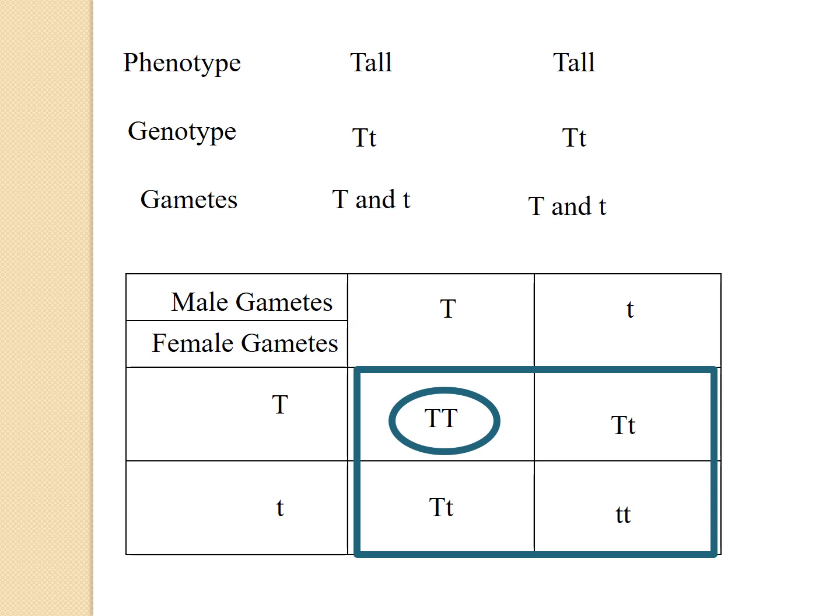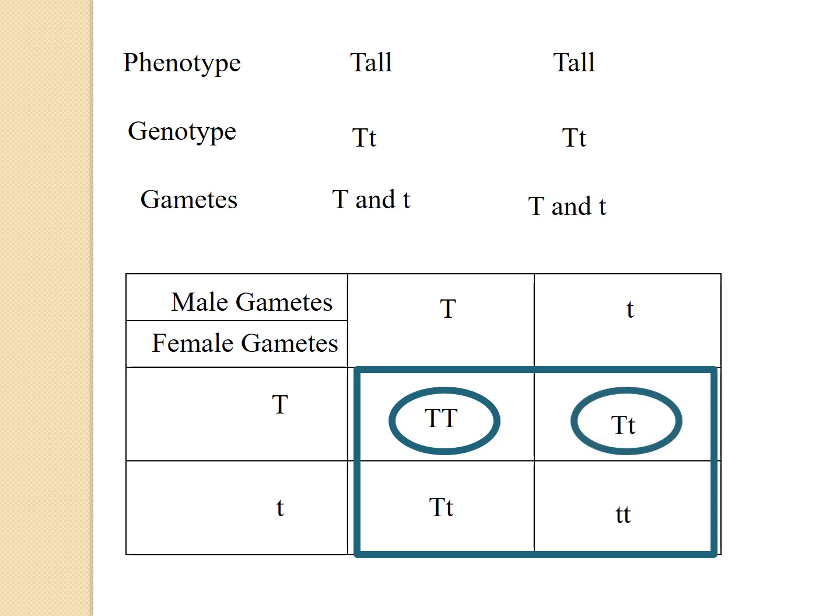When I say phenotypic, you have to tell me what exactly is the physical appearance of what is being circled. Now here what I've circled is capital T, capital T. Correct? So what is the physical appearance if I have a plant which has a genotype of capital T, capital T? We know that because it is capital T, it has a dominant gene of tall. That is why the plant is going to be tall. Okay, so from the four boxes, the first one has tall as a physical appearance. So first is tall.